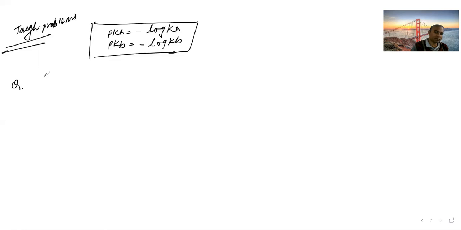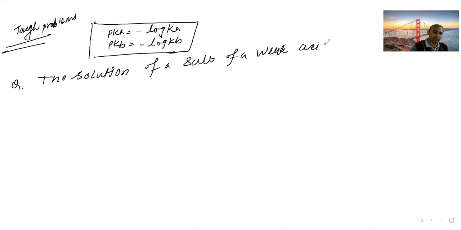The question is: the solution of a salt of a weak acid and a weak base, the solution of salt of weak acid and weak base will have